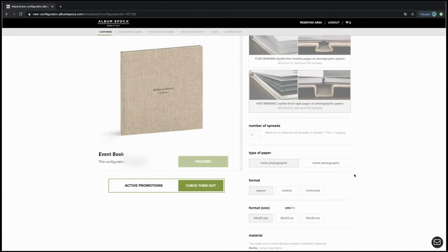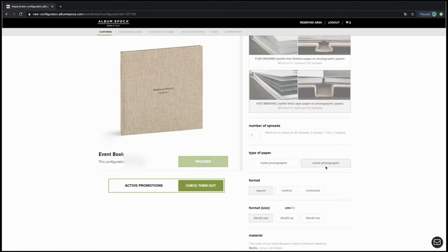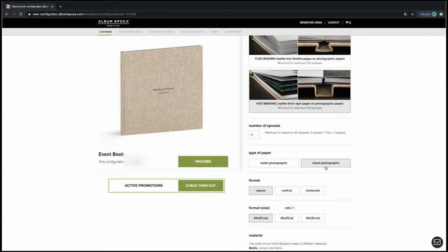There's a number of different photographic options you can use for your prints. The matte photographic print is the more typical original version. The velvet photographic print is a really interesting texture. I love it. It has an absolutely awesome feel to it. I feel it's a little more matte in look, which is a little more trendy right now than the traditional